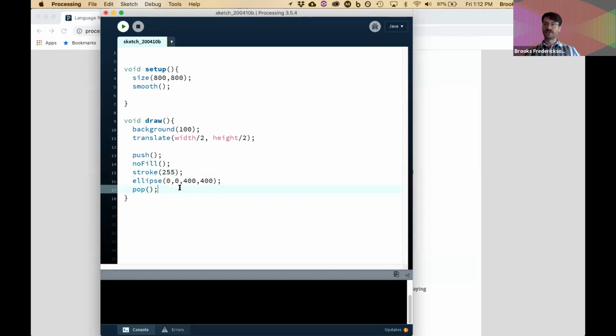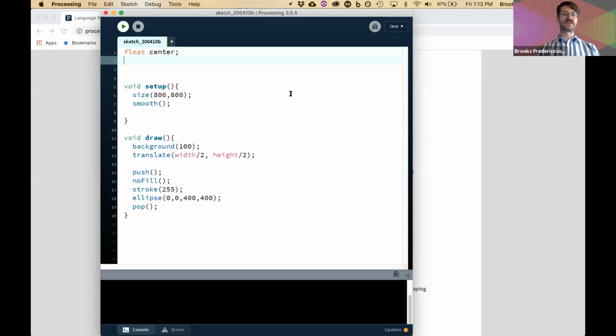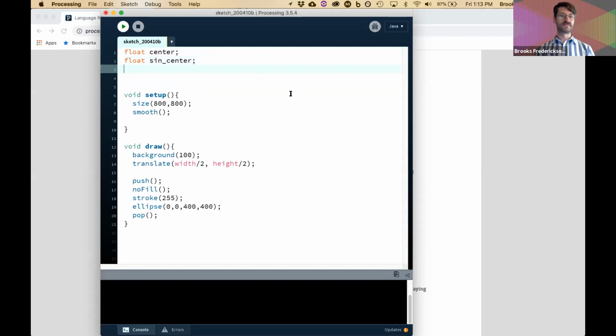So I want to make another circle, and the goal is to make a circle that orbits around that outline that we drew. So I need to create a couple of variables. I'm going to do that up here at the top. I'm going to make a float called center, because I need to know where the center of my rotating circle is going to be. Then I need to have 2 more things. One of them is going to be called sin_center, and then the other thing is going to be float